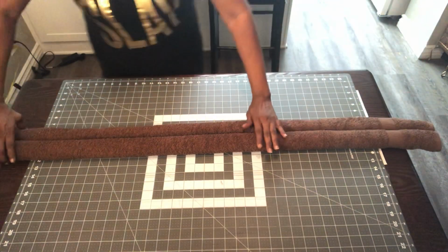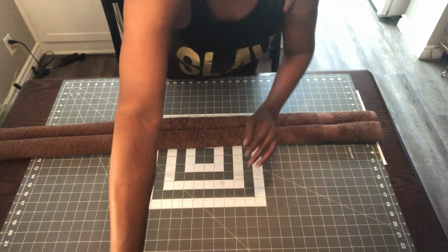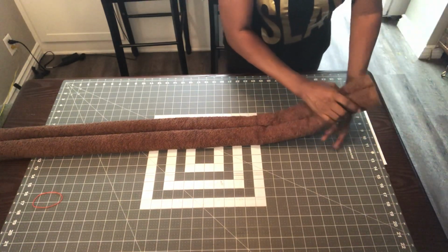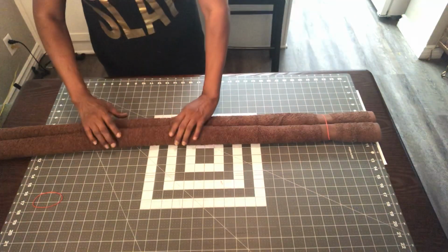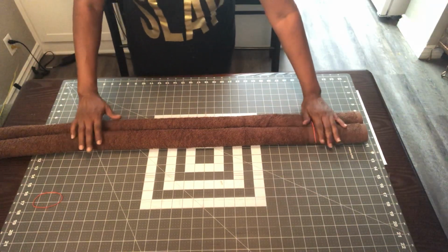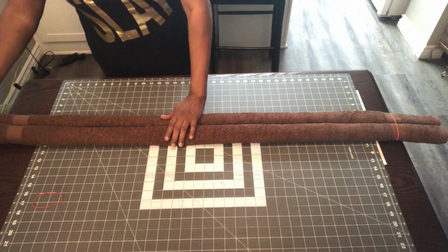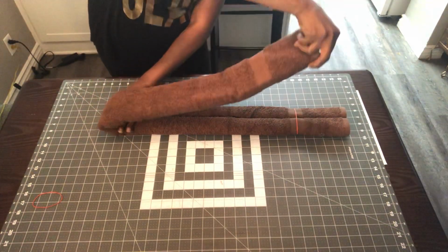Okay? Now, you're going to take one of your rubber bands and you're going to rubber band the one bottom side here to kind of hold that together. You guys see what I did? I just put a rubber band there to hold the towel together. Then you're going to take the other end of your towel and you're going to fold it down